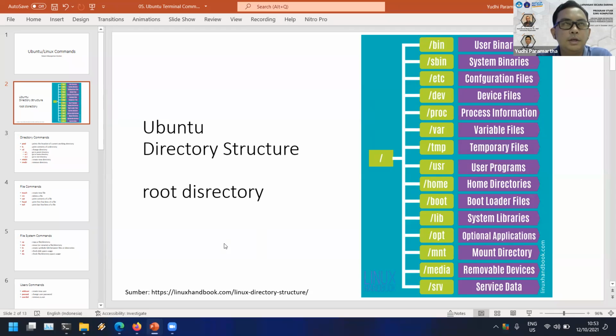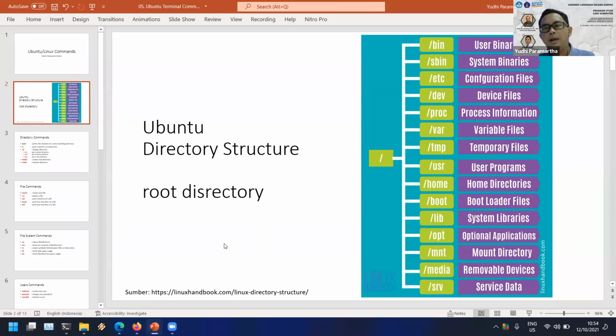For example, when you use a web server on Ubuntu Linux, or Firefox, the configuration files will be placed in etc. So when you want to find the configuration of your computer, there is a high chance that you will find the configuration files in the etc directory.